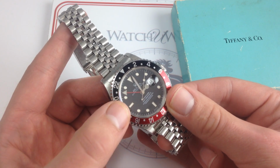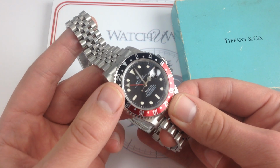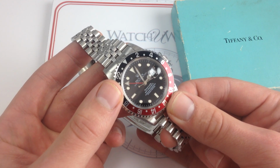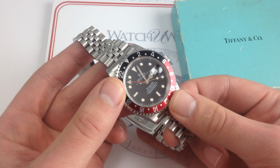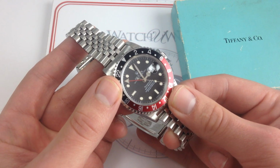Tiffany was an upscale retailer that started co-branding the dials of Rolex watches that it retailed back in the 1950s when the practice was common. Over time, the number of retailers who were allowed to do this and maintain their Rolex authorized dealer accounts was pared down and down and down until by the 1980s it was reduced to the two most prestigious houses, Cartier